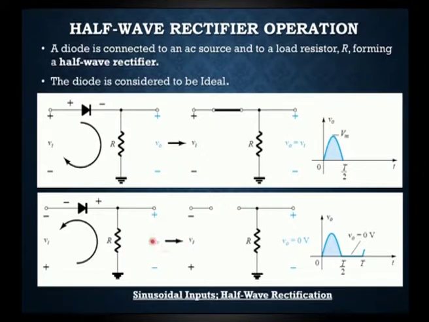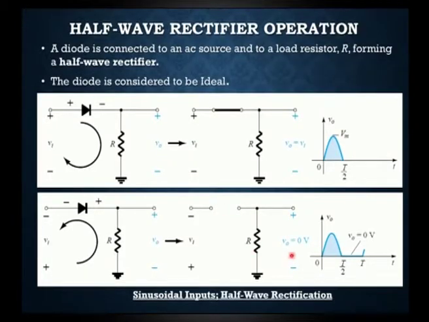Here, with the help of the equivalent diode short circuit, what we are going to observe is that the diode is reverse biased, so it is open. So V naught is equal to 0. That is what we can see with the help of the waveform diagram here. In the negative half cycle, there will be no voltage, that is V naught is equal to 0. So the voltage that we can get from the half wave rectifier is only from the timing 0 to T by 2. From T by 2 to T, there will be no voltage, that is V naught is equal to 0 volts.